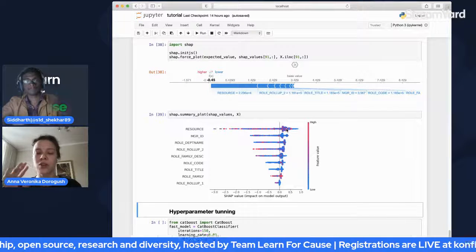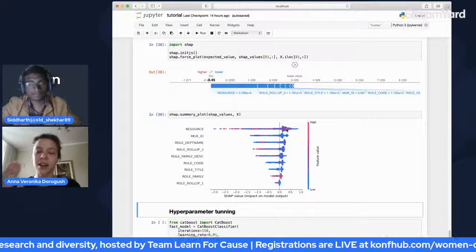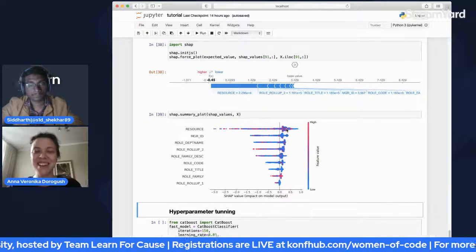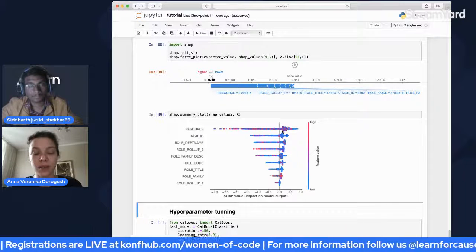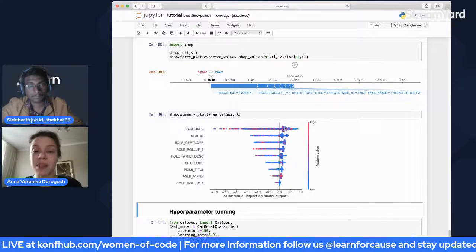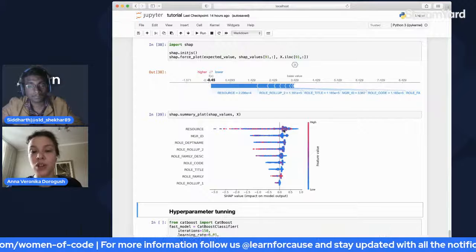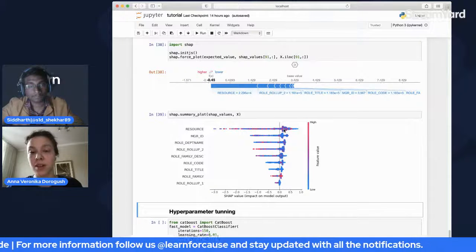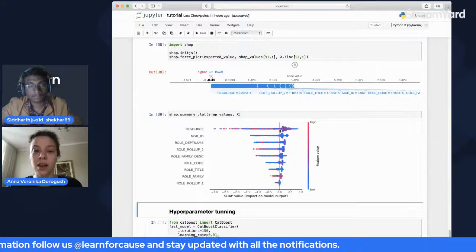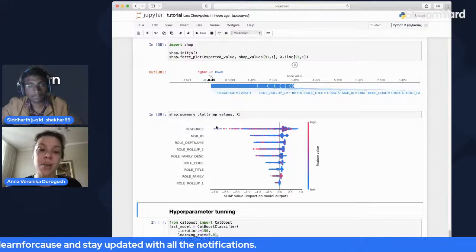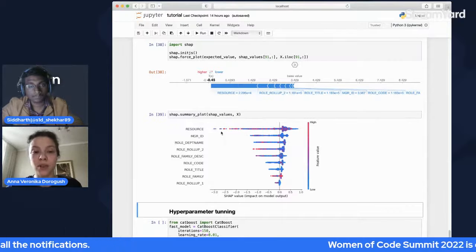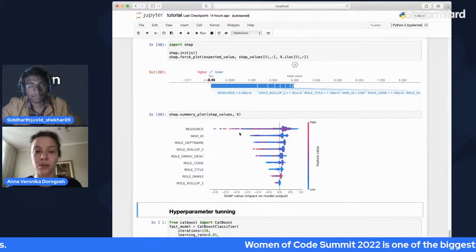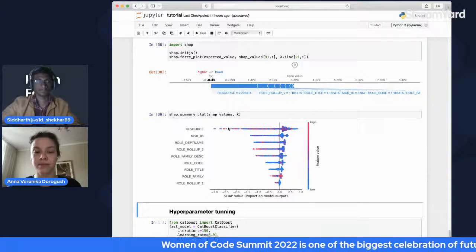You don't have to look at the color right now. The color doesn't mean anything here. But for the resource feature, for many samples in the dataset, it has a small positive influence. And for some of the examples in the dataset, resource has a very negative influence on the resulting prediction.